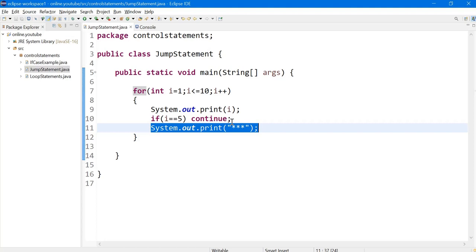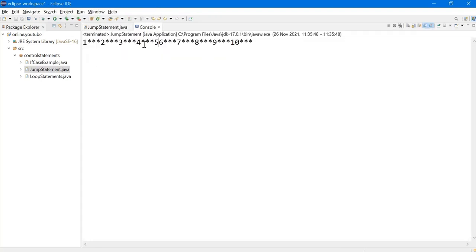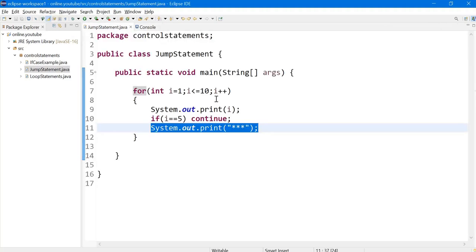So when i is equal to 5, it ignores the execution of the statements after the continue statement, but it will still continue executing the loop. Until 4, it printed the asterisk symbols. As soon as 5 was encountered, it printed the number, but it ignored the execution of the remaining part of the code within the body of the loop.